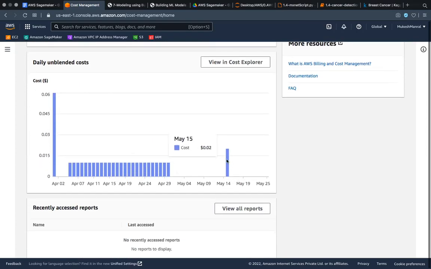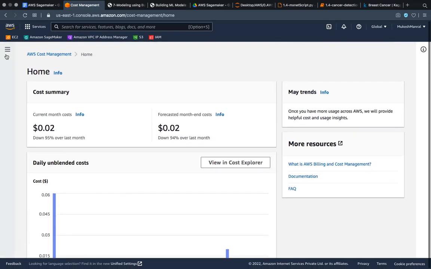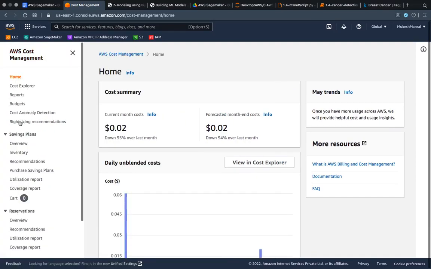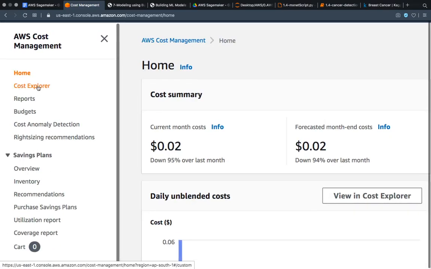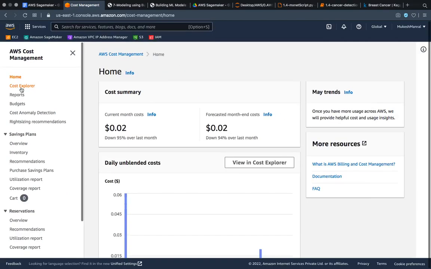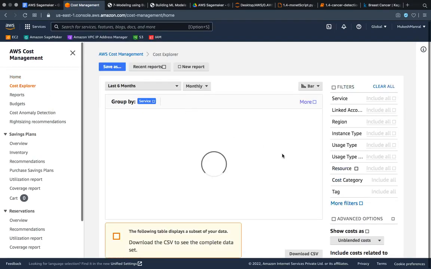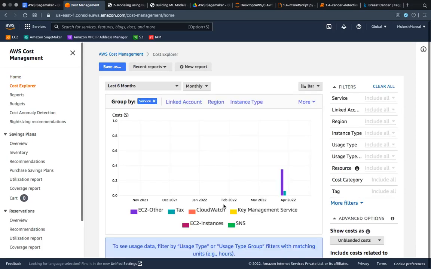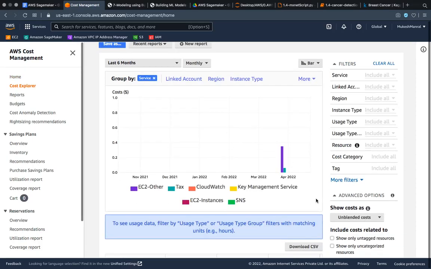And what was that? Let me come over here to this option. Okay, and then I will come to this part, Cost Explorer. I have just clicked on Cost Explorer. I was inside the home section, and now I am going inside the Cost Explorer section. So in the Cost Explorer section, what you can see is